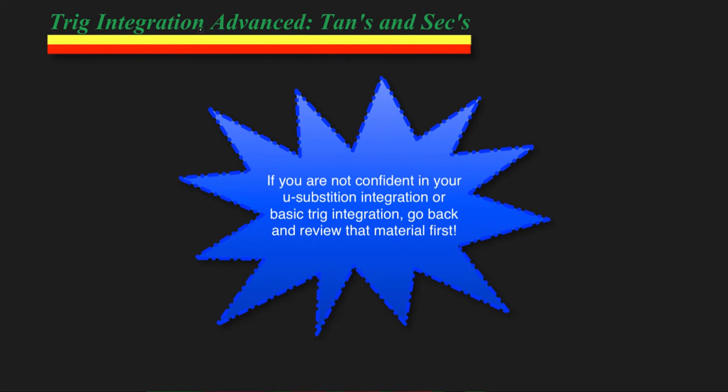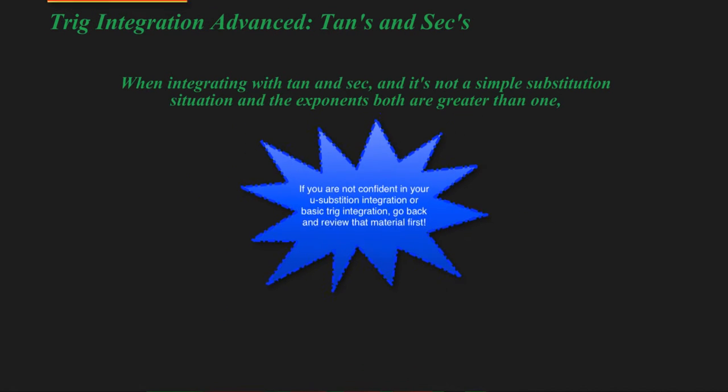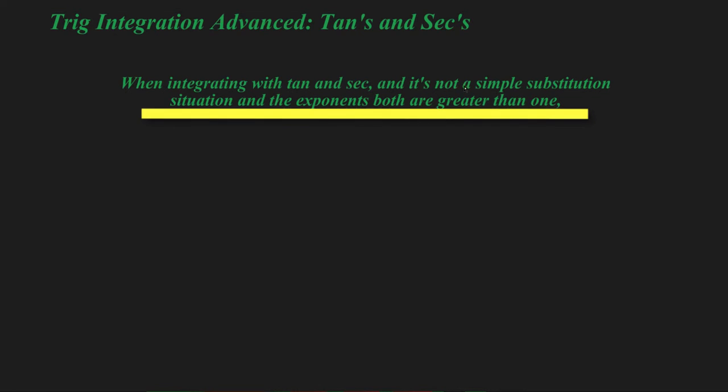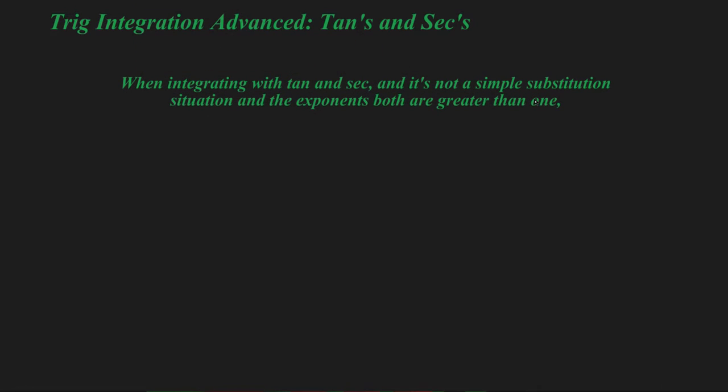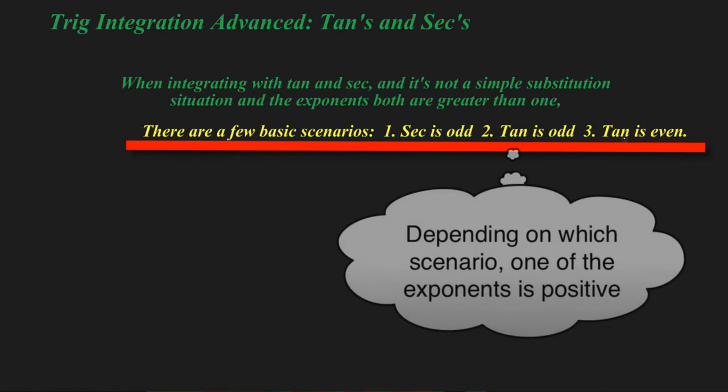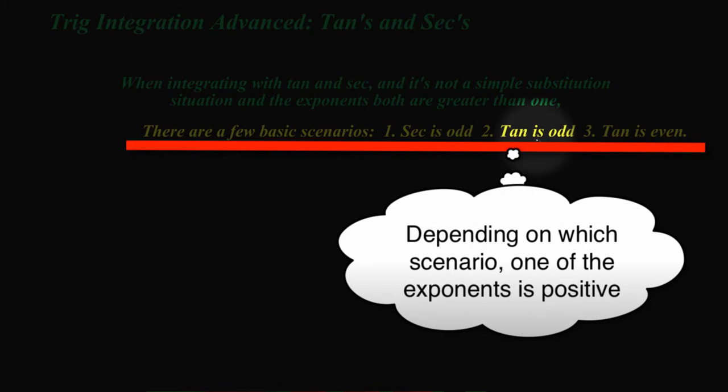Today we're going to be discussing the final rule of the advanced trig integration dealing with tangents and secants. Again, when we're dealing with tangents and secants and integrals, and it's not a simple u sub, depending on which scenario we use, the exponents must be greater than 1, positive. If you've watched the other videos, you already know there's one of 3 scenarios we're going to deal with. We've already dealt with number 1 and number 2, so now we're going to look at number 3, when tangent